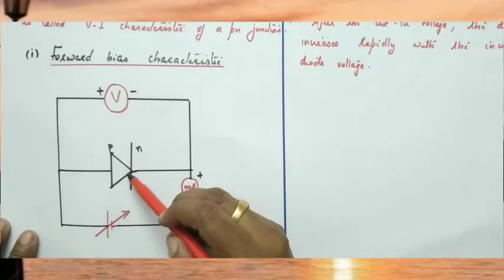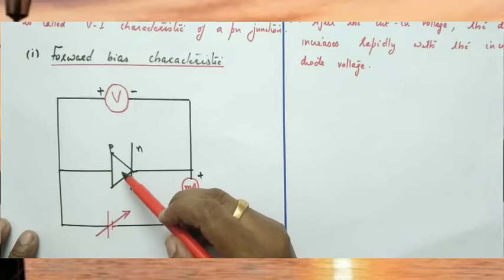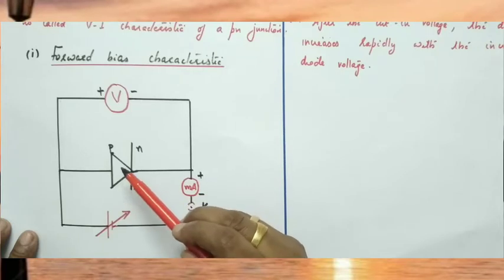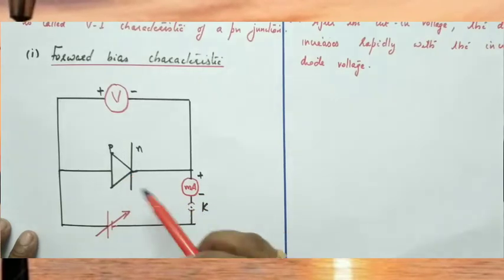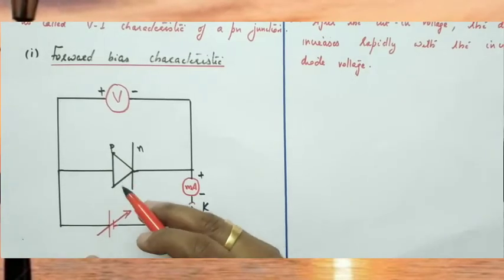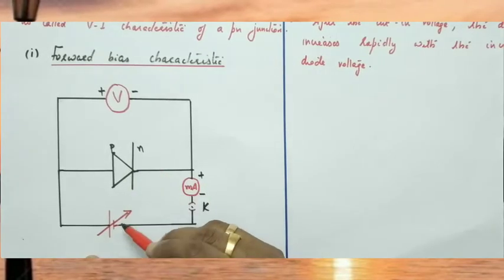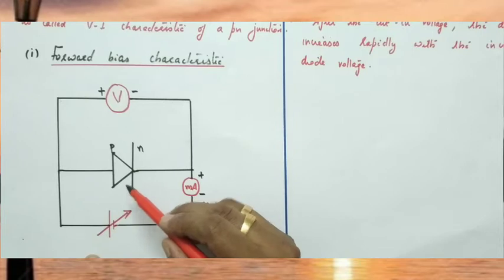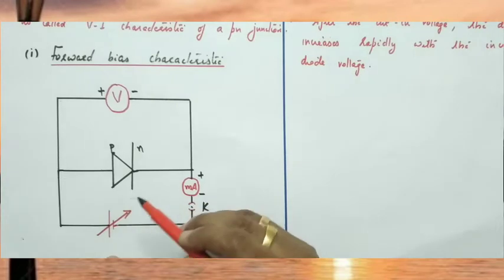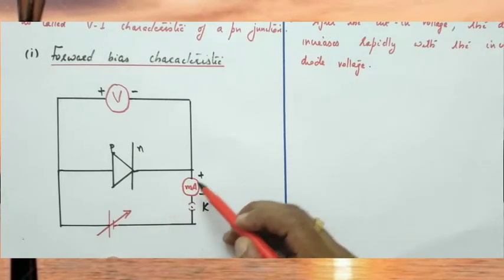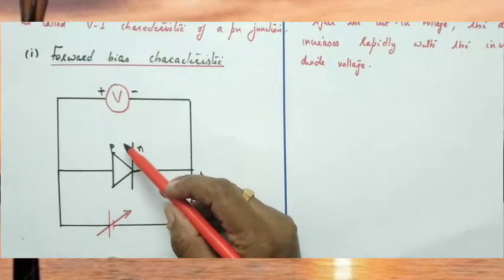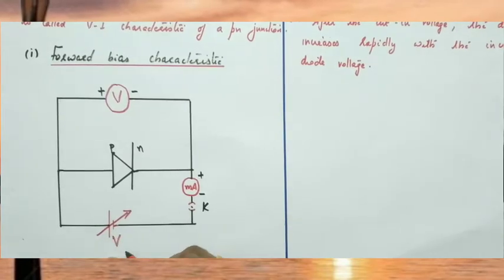We know that in a p-n junction diode there is a barrier potential. For a silicon diode the barrier potential is 0.7 volt and for a germanium diode the barrier potential is 0.2 volt. So, when the supply voltage increases, from 0.1, 0.2, 0.3, 0.4 and so on, assume that this is a silicon diode. If the supply voltage increases up to the barrier voltage, what is the current? Current remains 0 because the p-n junction diode does not conduct, because internally there is a voltage called the barrier voltage. This V represents the supply voltage.